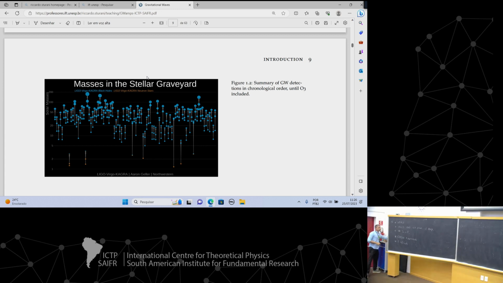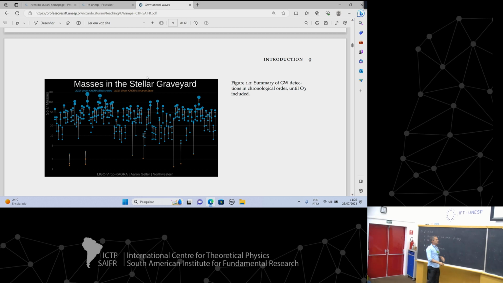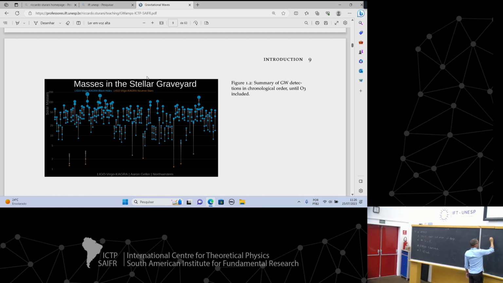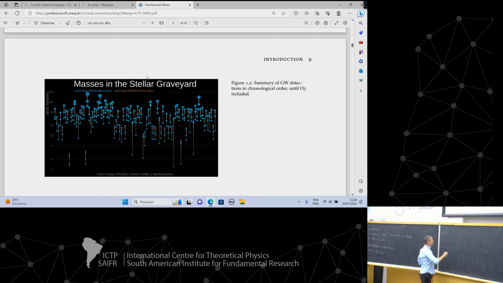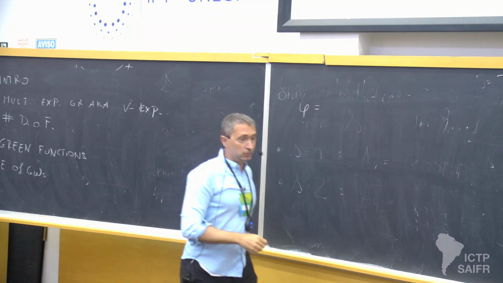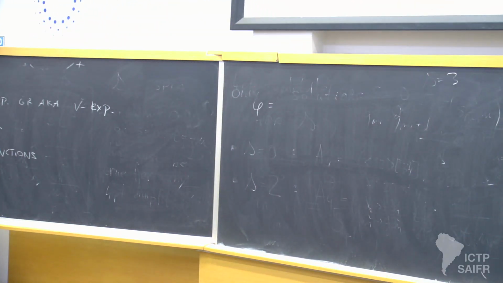So basically, what happens is that, as I sketched yesterday, we have to take a correlation between the signal that is hidden in the data and our theoretical prediction. And basically, what is important for the theoretical prediction,